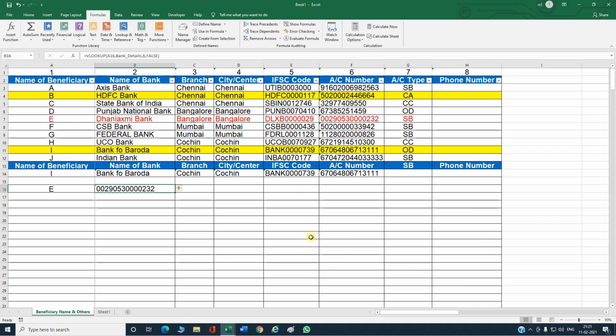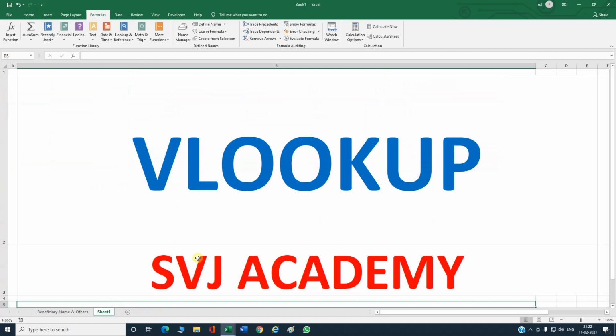After creating the name manager, go to your report area and use the VLOOKUP function: equal to VLOOKUP, select the lookup value, the cell for which we have to get the data, comma, type the name manager we already created, comma, give the column index number that we already allotted, again comma, select exact match, close the brackets, press enter. Now the data from the selected column index number of that lookup value will be fetched.